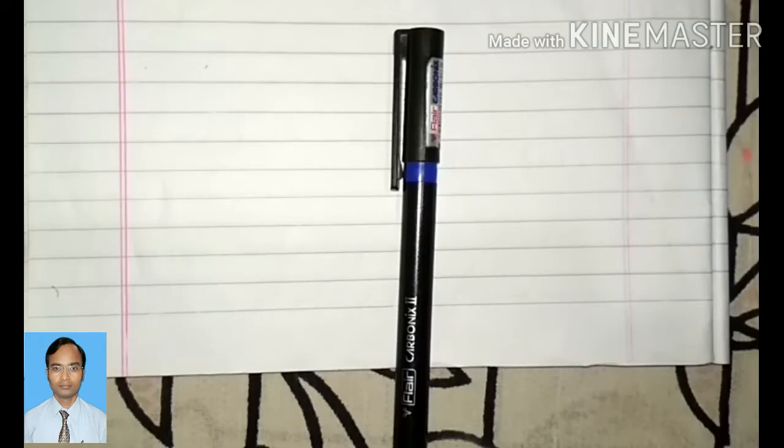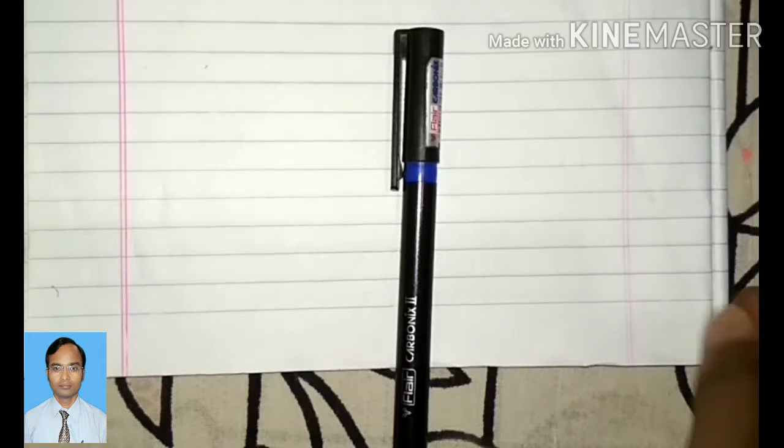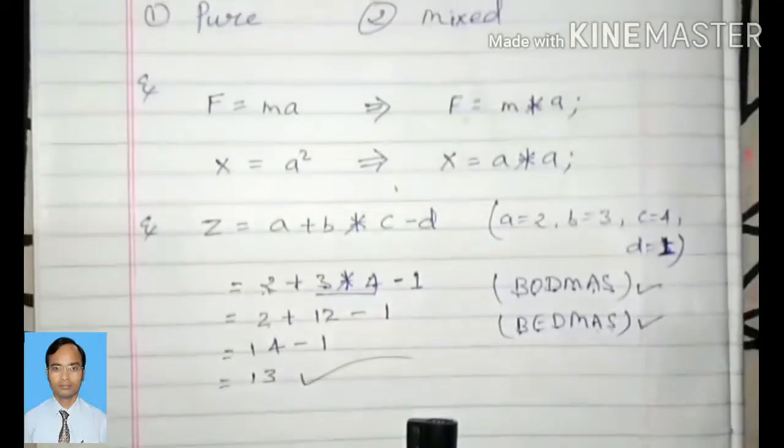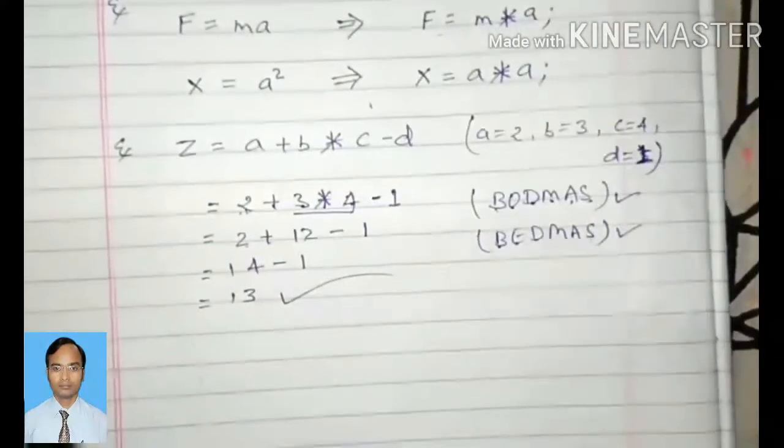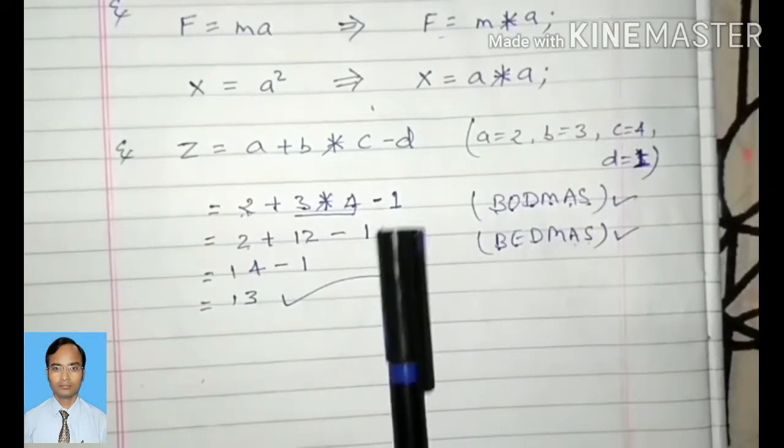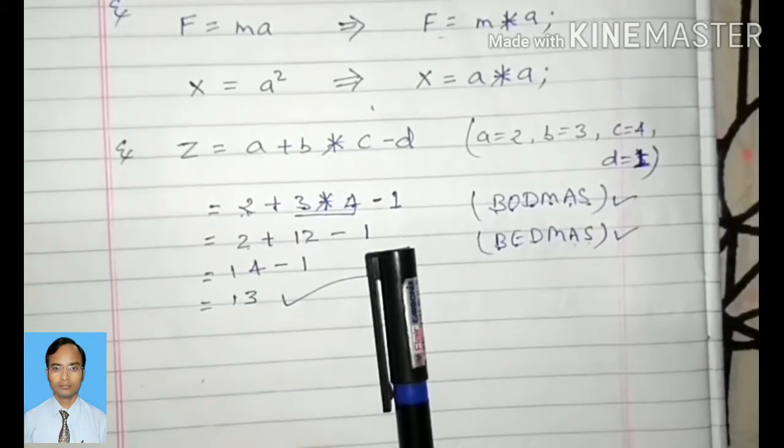In the last video we have seen expressions, types of expressions, and priority. Priority means the precedence of operators. Okay, this is what we had seen. In this video we will see